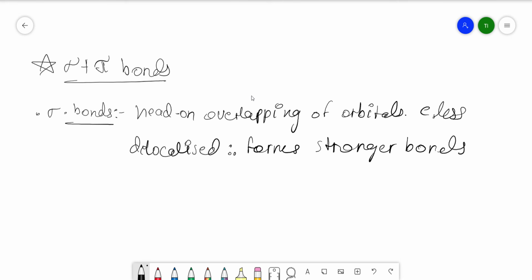Okay, that's the definition of a sigma bond, and the definition of a pi bond is lateral overlapping